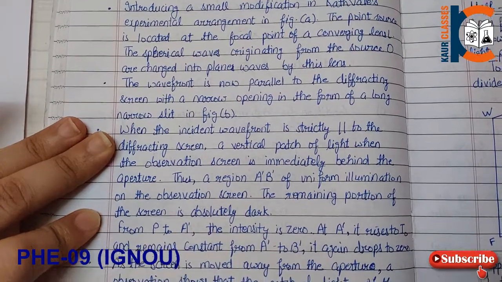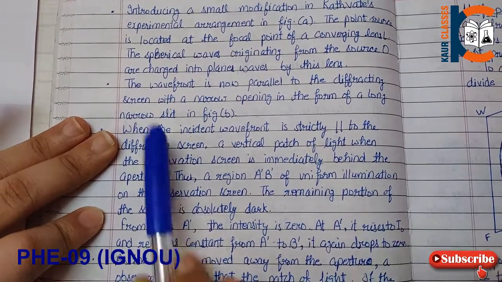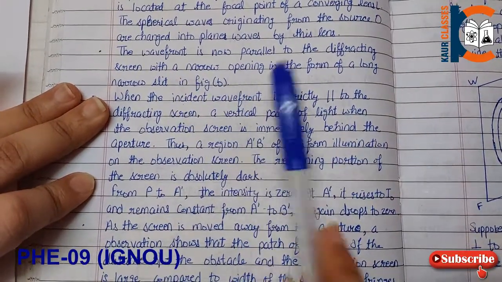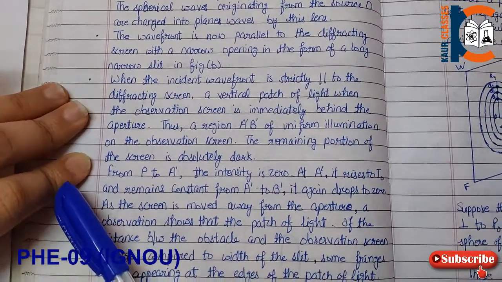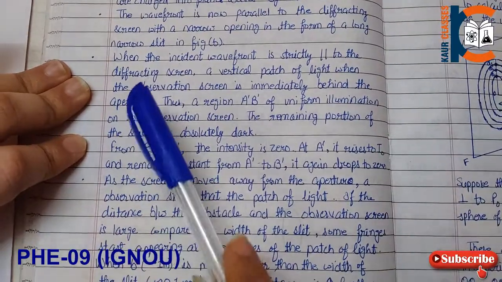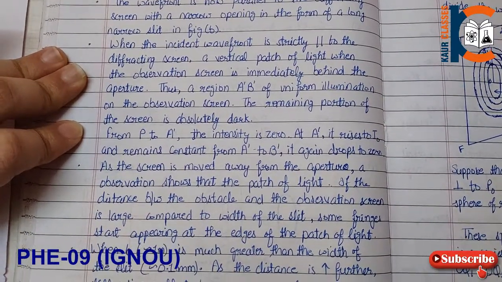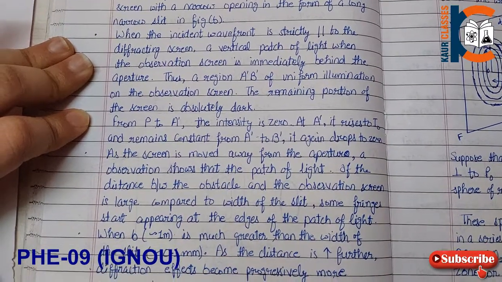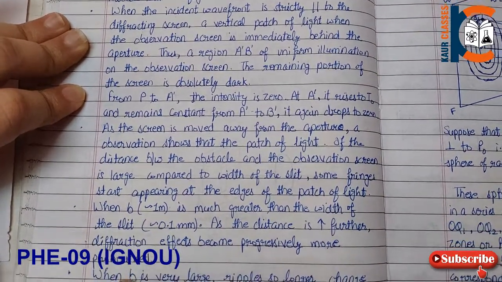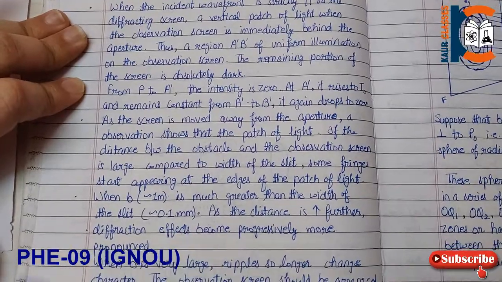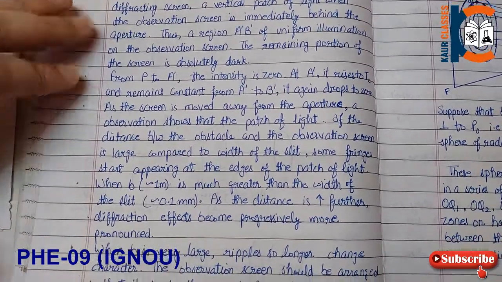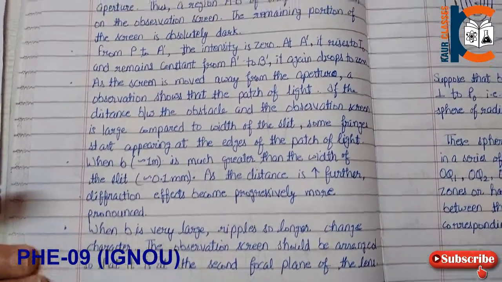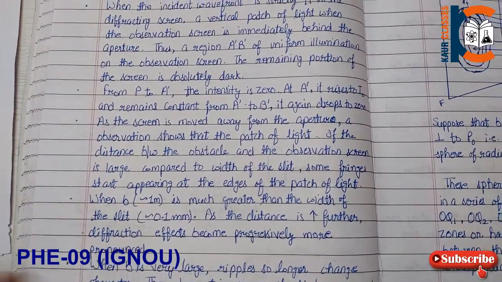The wavefront is now parallel to the diffracting screen with a narrow opening in the form of a long narrow slit, given by figure B. When the incident wavefront is strictly parallel to the diffracting screen, the vertical path of light is observed immediately behind the aperture. By pausing this video, you can note down these points related to the diagram. And along with this